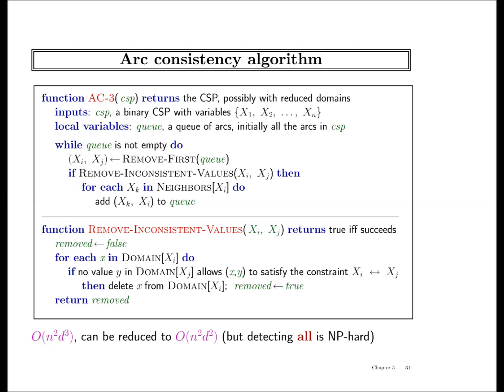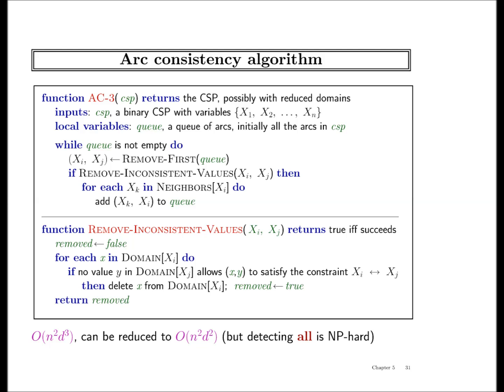Each arc gets removed at least once, and d times an arc gets run, so it becomes approximately order n squared d cube. But you can be smart about it. There are implementations which do much more bookkeeping, and that reduces the complexity to n squared d squared. There you have to memorize, for each x to y arc, how many values of y, and which values of y, are consistent with each assignment of x. So as soon as they get reduced, you are not double checking everything. You check an arc only when you know that it's going to propagate and all of those things are gone. Yes?